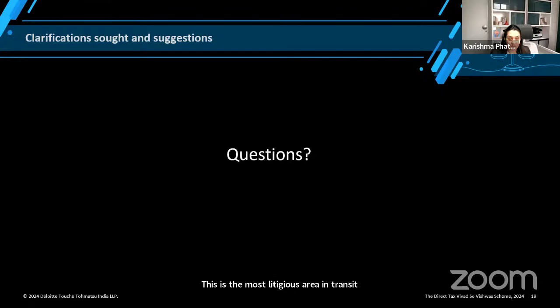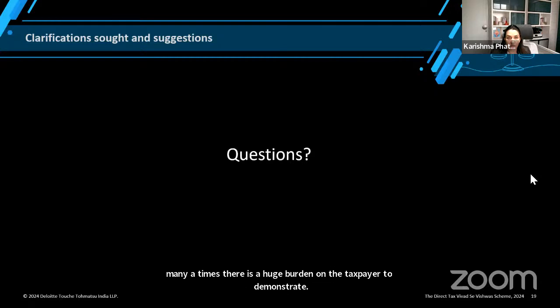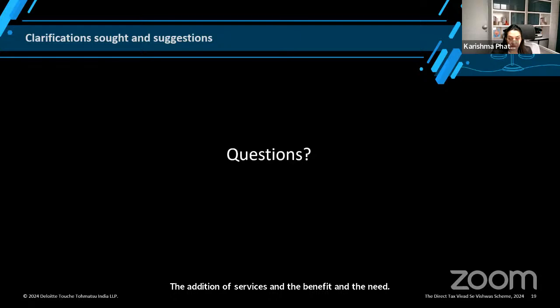And many a time there is a huge burden on the taxpayer to demonstrate the rendition of services and the benefit and the need test. Now, if the taxpayers do not have documentation to substantiate all this, while they may have a global policy, but let's say they do not have great documentation to settle this, then maybe they may need to consider, look, does it make sense to settle under VSV,